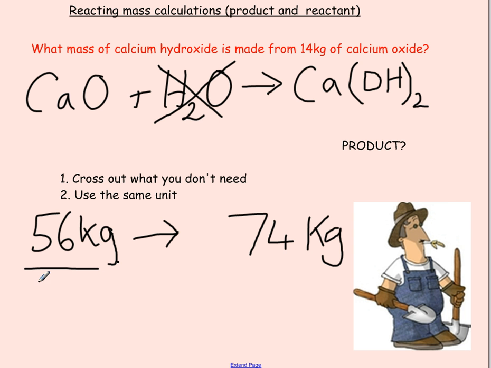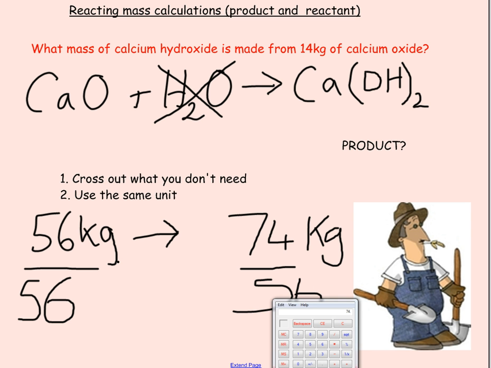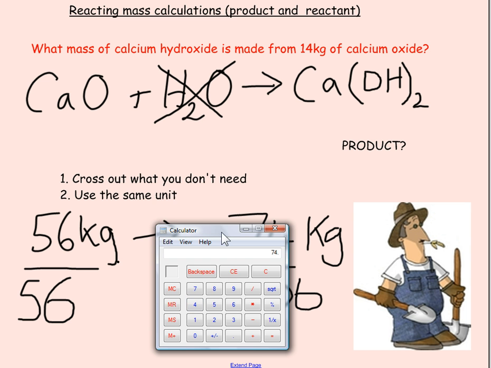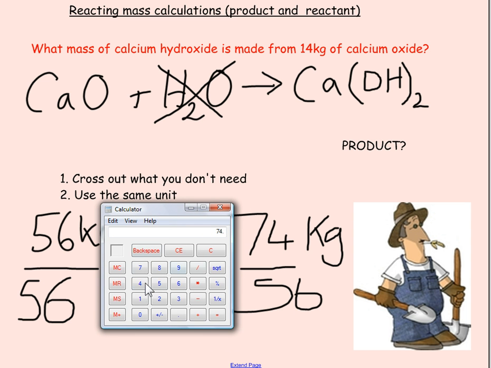So if I divide this by 56, then I have to divide this by 56. That means this will be 1, and this one is 74 divided by 56 equals,